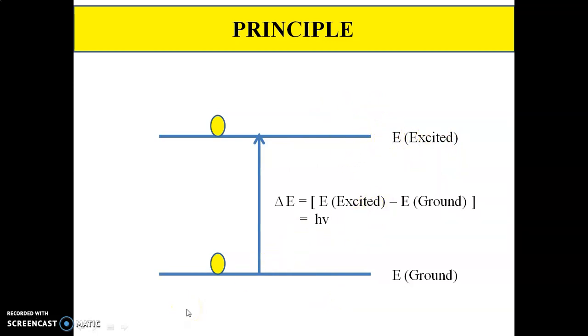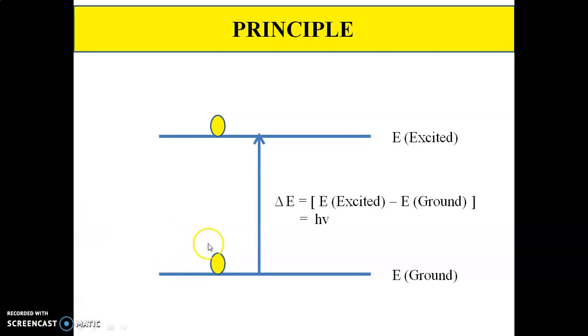It is important to note that absorption will occur only when the energy of the exciting photons, or energy of UV radiations or visible radiations, matches the energy difference between the ground state and one of the excited states of the absorbing species. These energy differences are different for the different species.